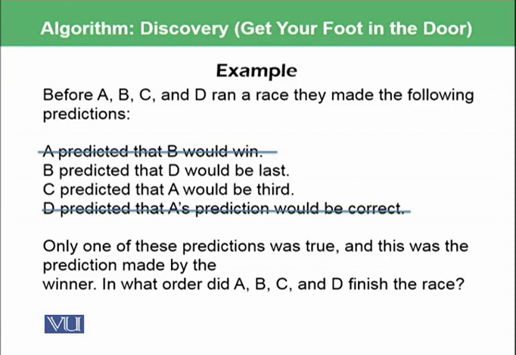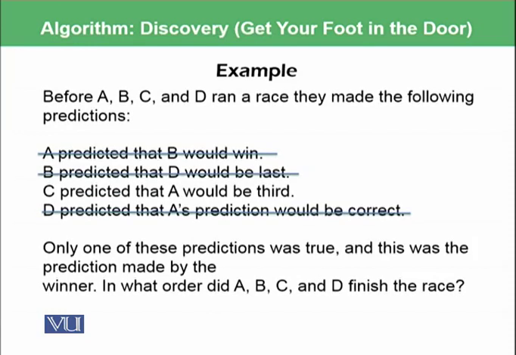So the second statement, that B predicted that D would be last, cannot be true either, because the statement made by the winner is the true statement. We can further reject the second statement. So after all of this analysis, we are left with only one statement: